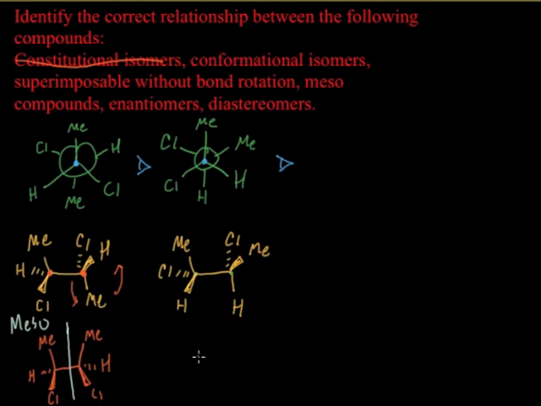I'm gonna do it the same way as before. There's my methyl groups. I rotated them so it looks like that. This one didn't rotate. So there's my hydrogen, my chlorine. Okay, whenever I move this methyl group up, now the chlorine moved down, but it's still in the back. And the hydrogen moved towards us a little bit. It's going to be a wedge. Alright, so we can see there is still a plane of symmetry, so they're both meso compounds, which means they're both the same thing, though you wouldn't choose superimposable or conformational isomers, because since they are meso, the best answer